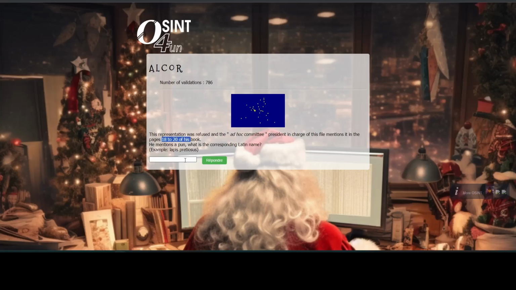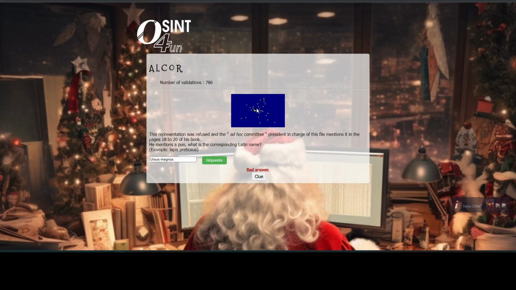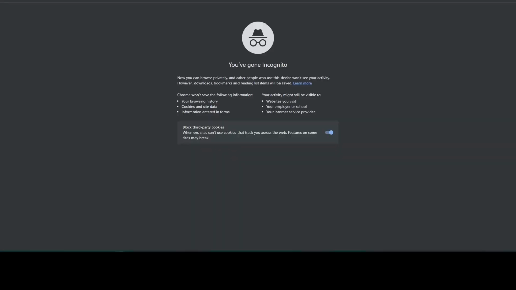So copy that, put this in here, and that doesn't quite translate, but the pun basically was him talking about the bear constellation.